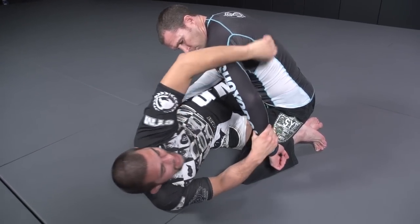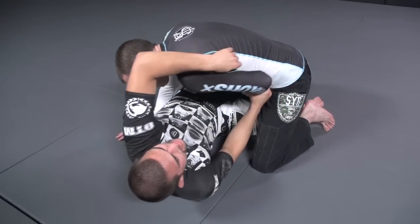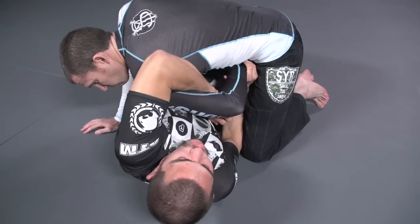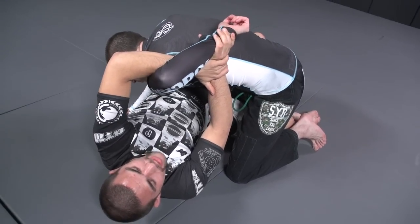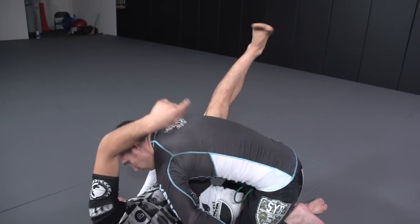If we can put it behind the back, there'll be pressure convincing my partner to lift forward. If we do it at the stomach, we have to do more of the work, by sucking my partner's shoulder in and lifting with my toes. If I put it over the back, I can do most of the work by simply pushing the wrist over my partner's back. So in either situation, I'm going to attempt to take my foot, make a butterfly hook